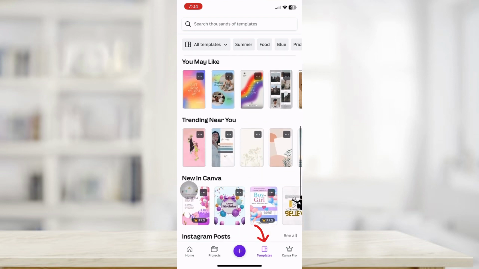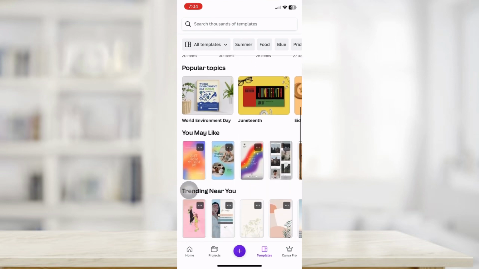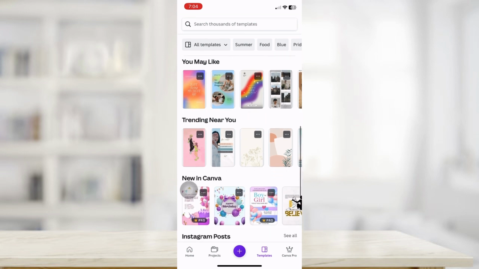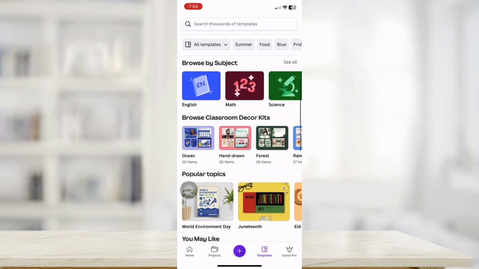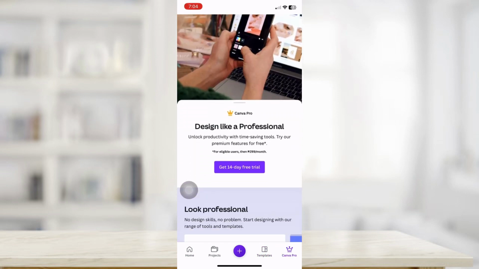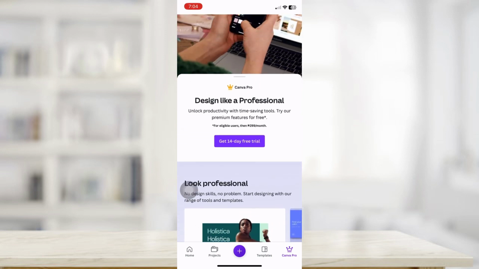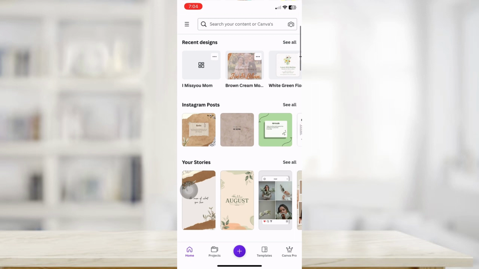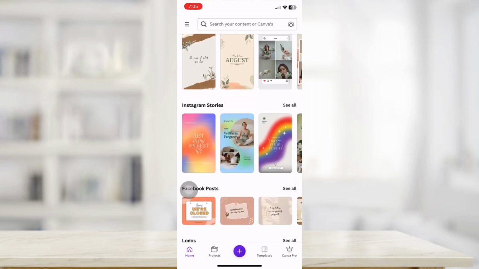This is your Canva app's template page, where different templates designed from different topics, trending templates, and templates from different platforms. And in this page is where you can subscribe to Canva Pro to enjoy all the features for free for 14 days. Now, to give you an idea on how Canva works, we will try to make an image